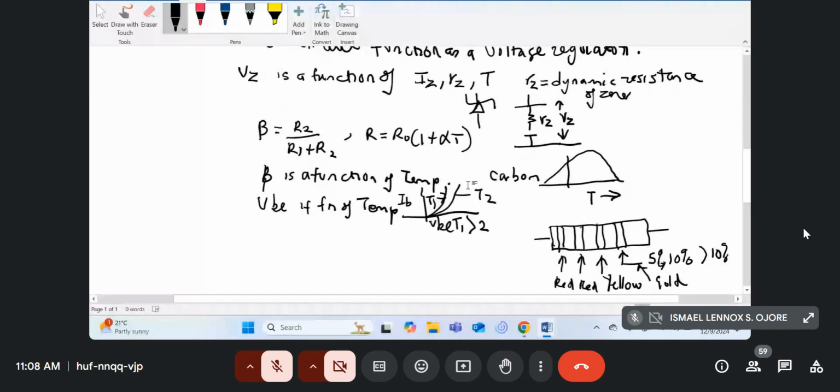Okay, so now having this knowledge that the output of our regulator is a function of all these other parameters, please take down, because I'll just put an equation over here. Please take down, and you're using your pen. So knowing that the output of the voltage regulator is a function of these parameters,